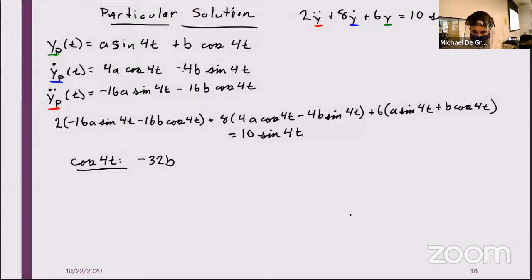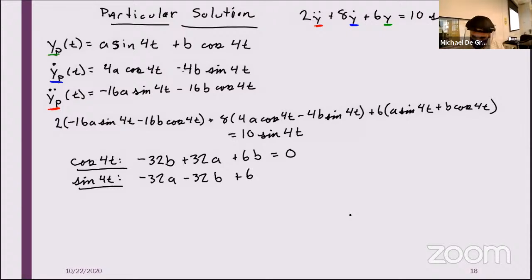2 times negative 16b plus 8 times negative 4a, sorry, plus 32a plus 6b is equal to 0, right? Because that final term, my output, doesn't have a cosine term. It just has a sine term, right? And I can do the same thing for sine of 4t here. And I'll get negative 32a minus 32b plus 6a